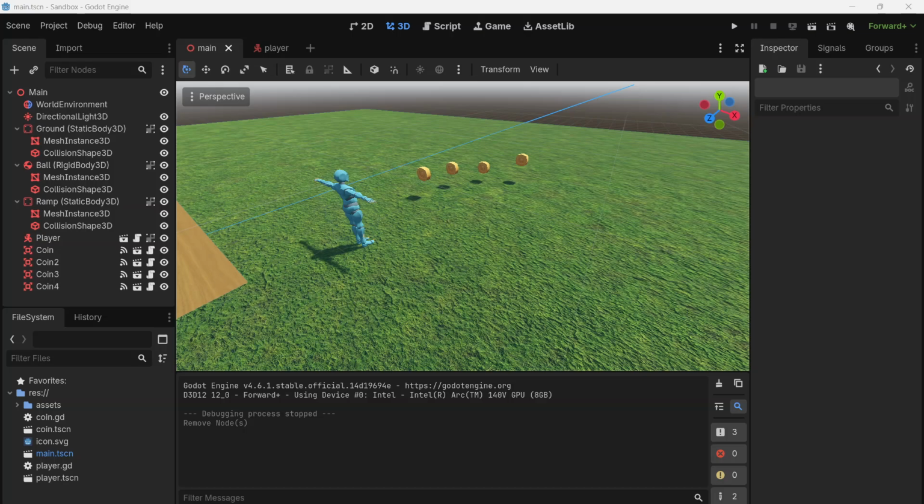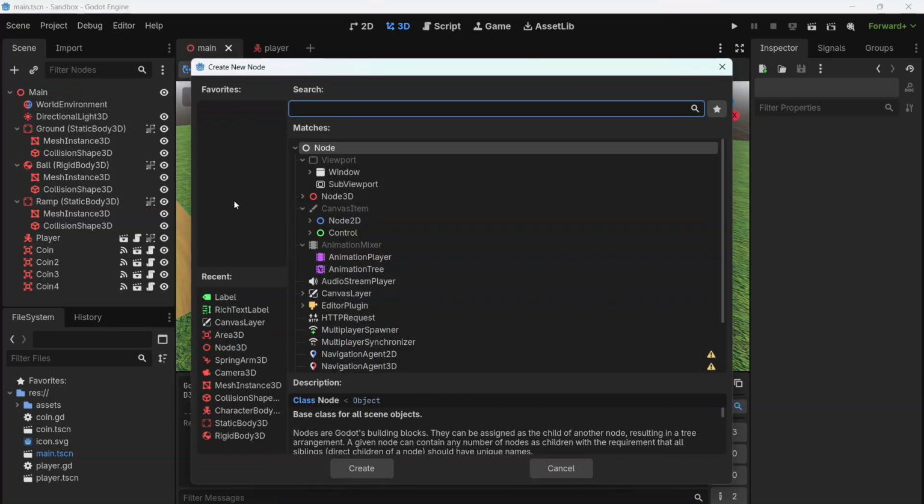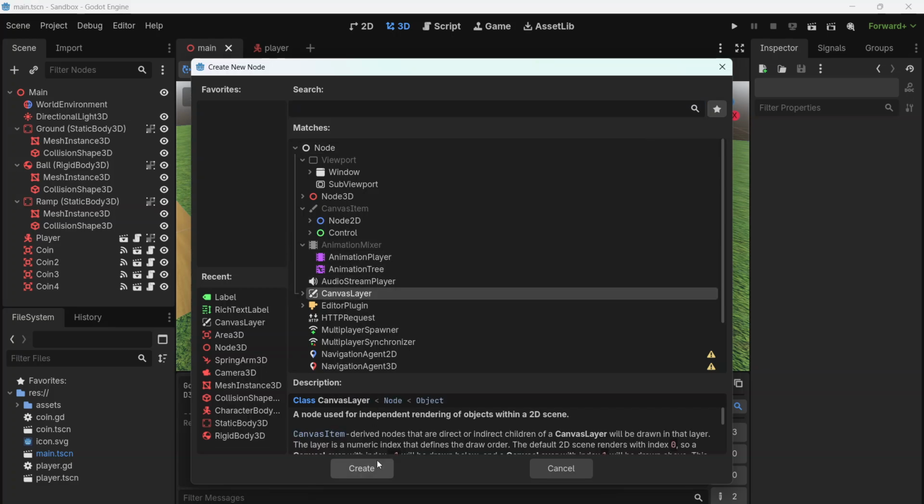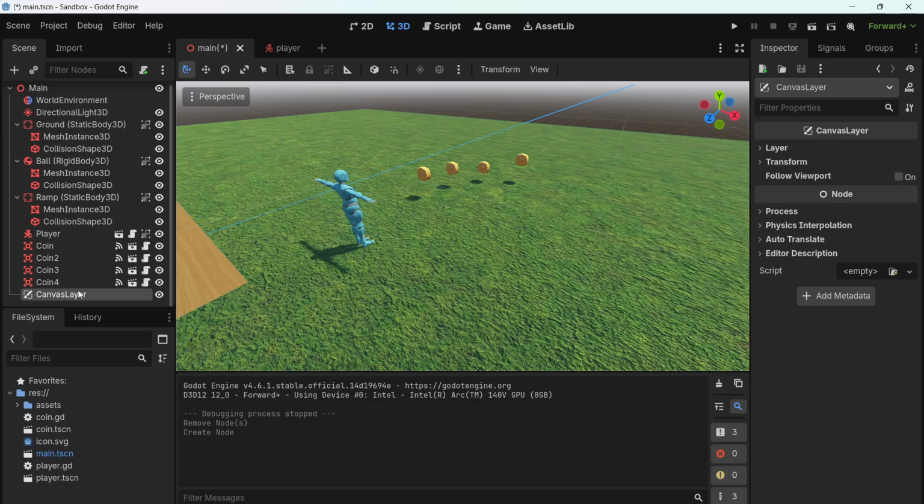So the typical thing to do once you've got some collectibles in a game is to have them increase your score and then display that score on the screen. And you've already done some pretty similar stuff in 2D. To add text to our screen, we're going to create a canvas layer, and inside the canvas layer we're going